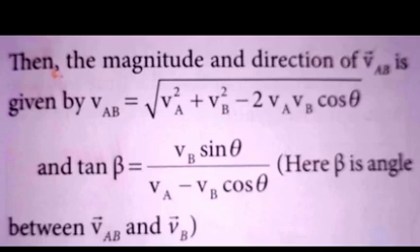From the triangle law of vectors, that is addition of two vectors, the magnitude and the direction will be calculated. So VAB vector is calculated. VAB equal to square root of VA square plus VB square minus 2 VA VB cos theta. So this is the magnitude. Then we are going to calculate the direction, that is tan beta equal to VB sin theta divided by VA minus VB cos theta. Here the beta, that is the angle, represents the velocity relative between VA vector and VB